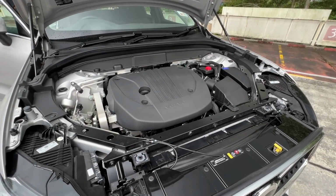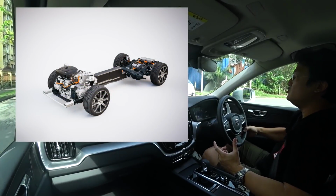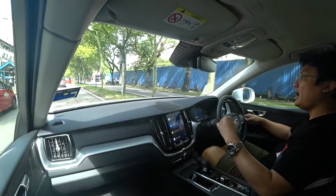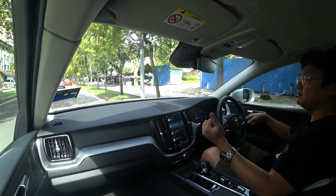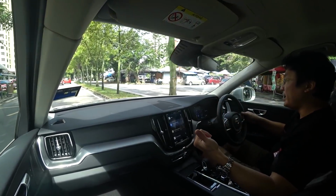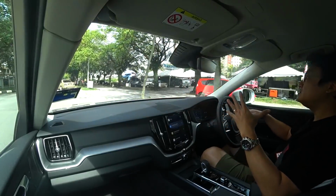So basically, it is not a hybrid in the sense whereby it has a huge battery to replace the internal combustion engine. No, it was not meant for that. This 48 volt system helps the car when it uses the most fuel. Say for example, when you start the car in the morning, right? When you start this car, you will notice that there is no cranking. Now, it is not a plug-in hybrid where it can go in full EV mode first. It is not an EV, of course. So no matter how it needs to start its engine,